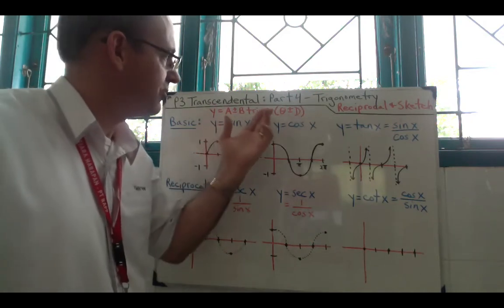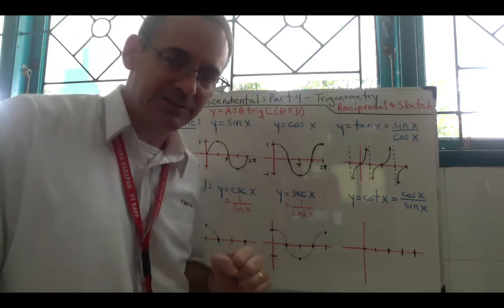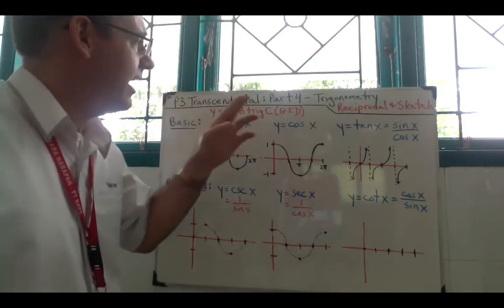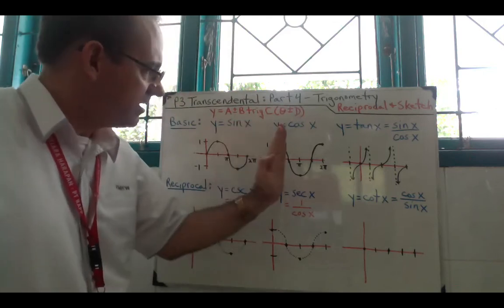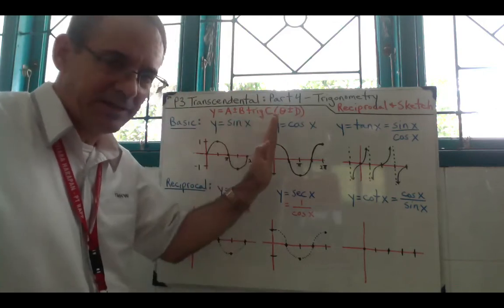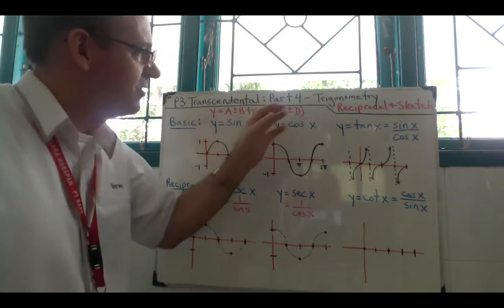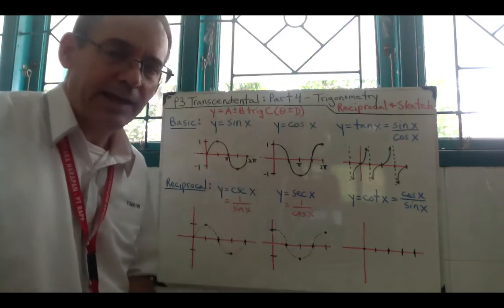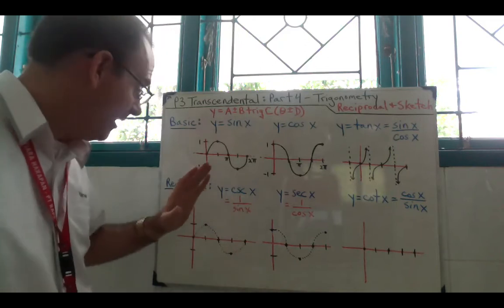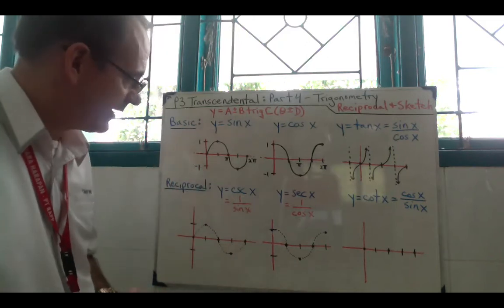I try to use theta with degrees and x with radians. And then the letter D is called a phase shift. It shifts your graph left or right. So that one's a little bit more tricky, but we're going to focus on the reciprocal functions right now